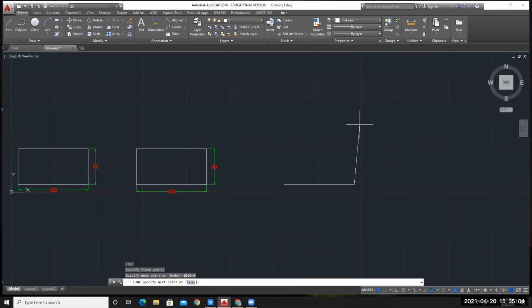Now coming to the next point, at the rate, length is 50 and angle is 90 degree. Press enter. Now again, coming to your point number D, at the rate, length you have to travel 100 and angle you have to travel 180 degree. Press enter and coming to the point A again, at the rate, length is 50 and angle is 270.